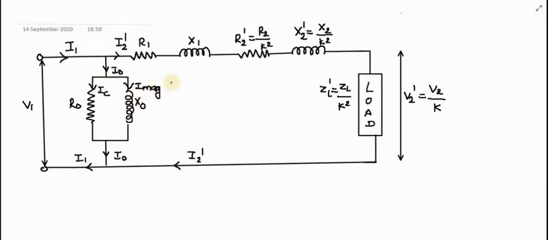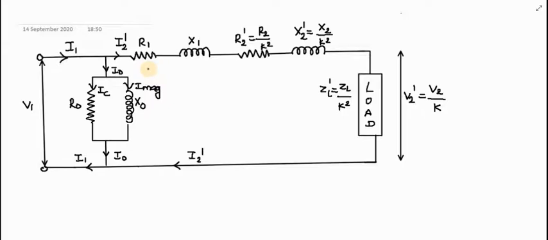So what we have done in this circuit, we have shifted this shunt branch on the input side. So if I am shifting this shunt branch on the input side, what is there? It will introduce a small error, and that error we have to neglect. What type of error? We have to neglect the drop in the primary leakage impedance, which is caused due to the no load current, because this no load current is also flowing through the R1 and X1. Now that drop we have eliminated. So it will introduce a small error. So that error we have to neglect.